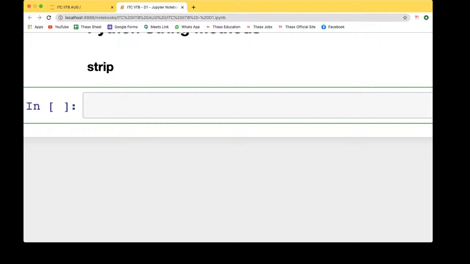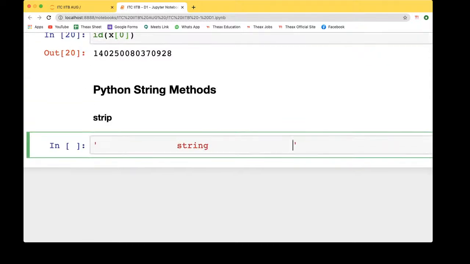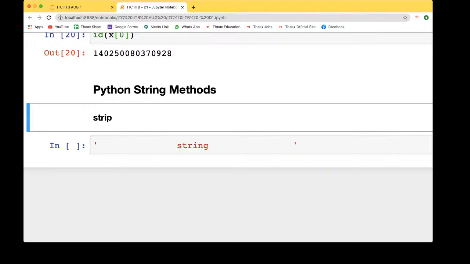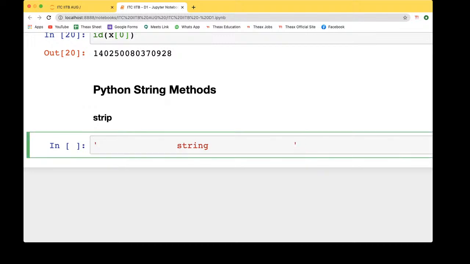There is a method called strip. What it does is remove the spaces when you write your string. When a string has a lot of spaces in the starting side or the ending side and you want to remove them, you can use strip. Let's say this is a string with a lot of spaces at the start and the end, and we want to remove all of these.